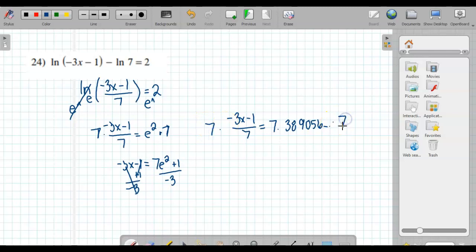Multiply both sides by 7. So that gives you negative 3x minus 1 equals 51.72339. Keep that in your calculator. And then you just have to add 1 to both sides. Negative 3x equals 52.72339. And then last step, divide by negative 3. So x is going to equal